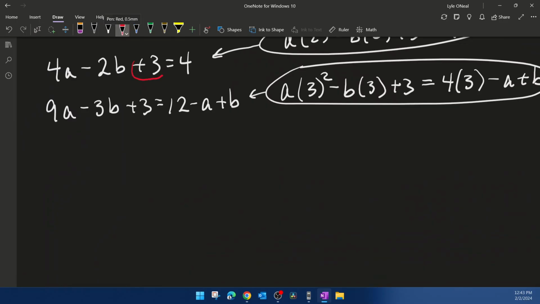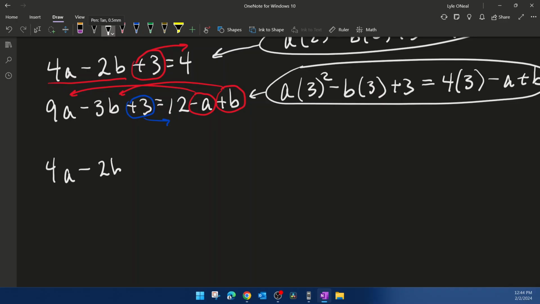In the first equation, I'm going to move the 3 over, which will get the a and the b by themselves on one side. In the second equation, I'm going to bring the negative a and the positive b to the left, and then bring the positive 3 to the right. And that will give me